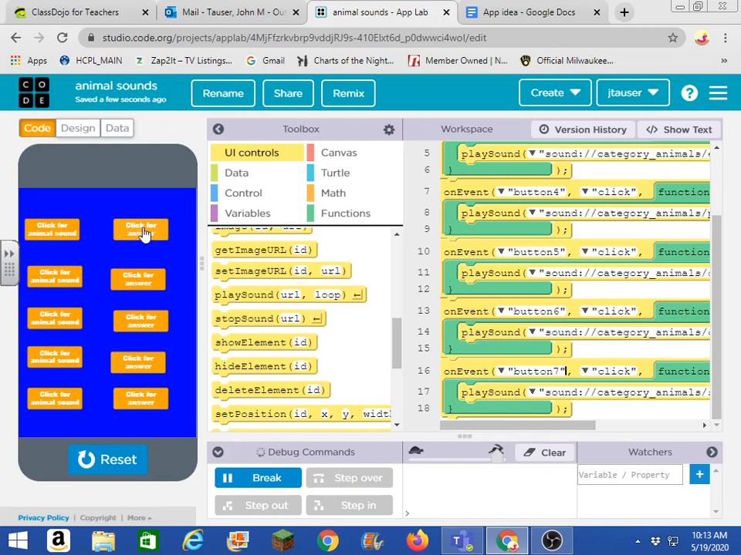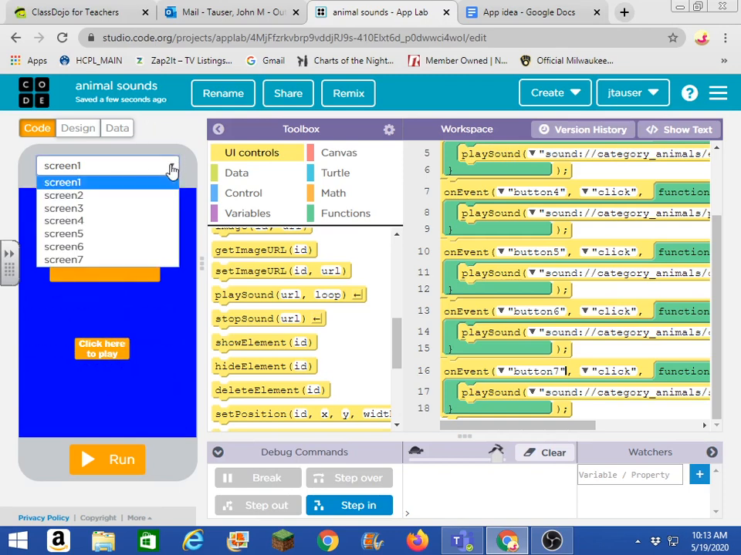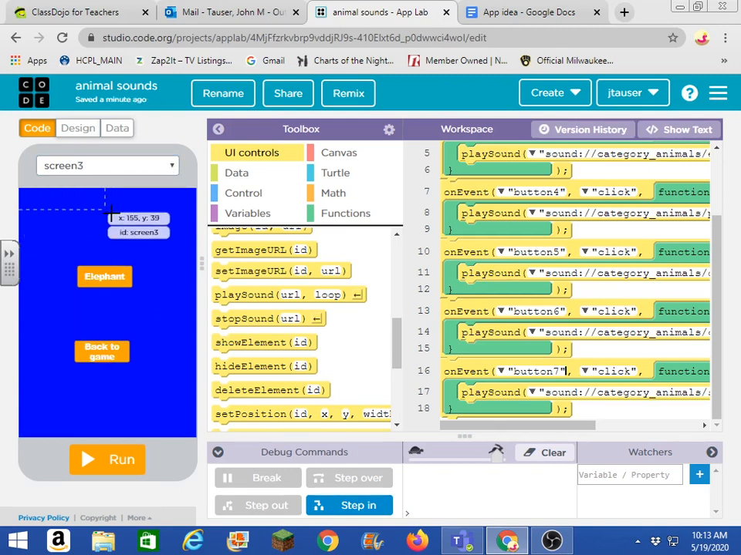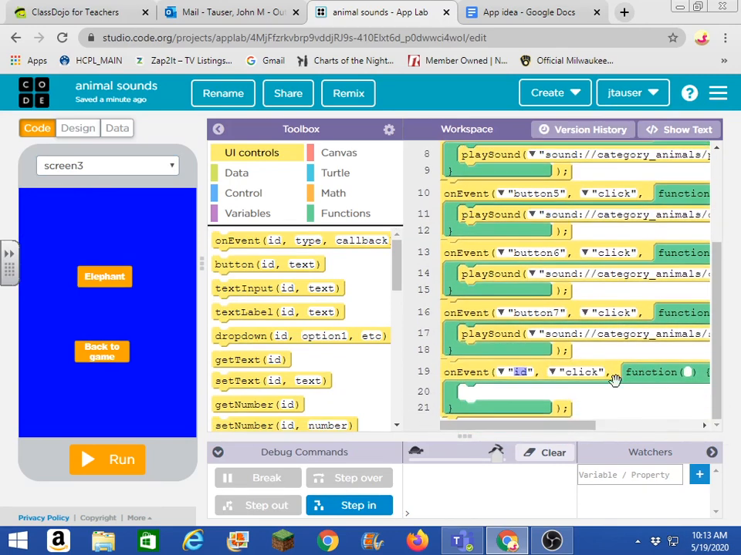Now, next step of our game, we're going to make it so when you click on each one of these, it'll go to the correct answer. All right, so I'm going to reset. When I click on this button, it should go to an elephant, right? So that's button 8, and I want it to go to screen 3. So again, I'm going to use the on event block, but this time it's going to be when I click on button 8,